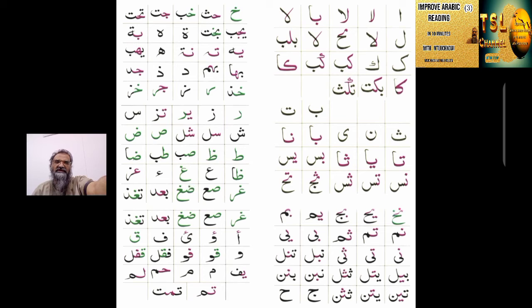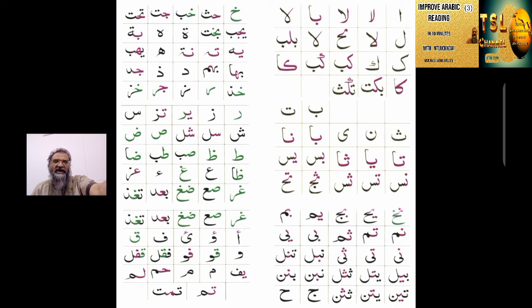Dad ghain. We can see here the shape of ain and ghain changes a little bit. Ba ain dal, ta ghain zal, gha ghain ra, sad ain, dad ghain, ba ain dal, ta ghain zal, hamza